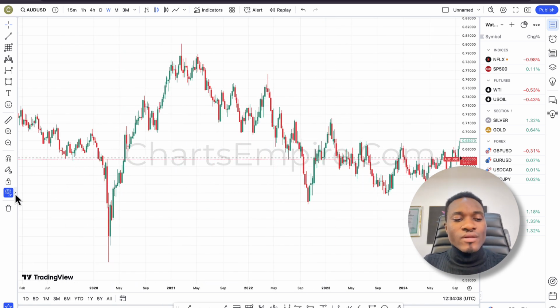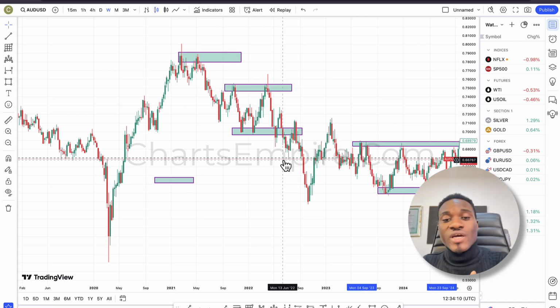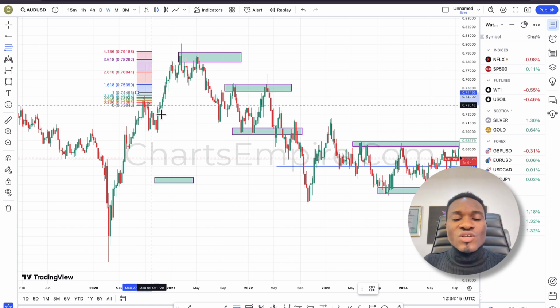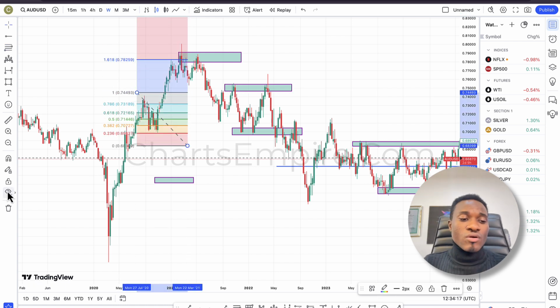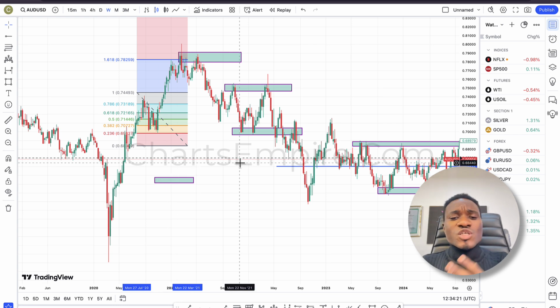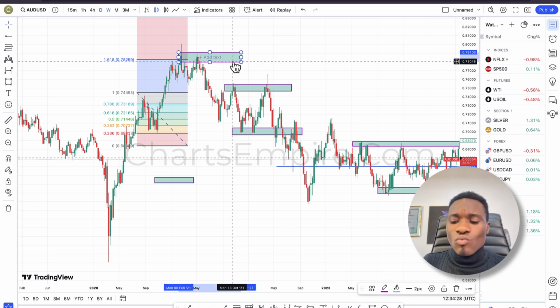And when you click it again, when you remove it, you can see back your objects, everything you have on the price chart. Now let's say for example, you have a lot of analysis on this price chart, you don't want them to show, just click on this icon right there, the eyes icon, and it will hide everything for you. And now let's say for instance, on this chart right here, you want to remove everything at once. Instead of going through all these objects right here and removing them one by one,